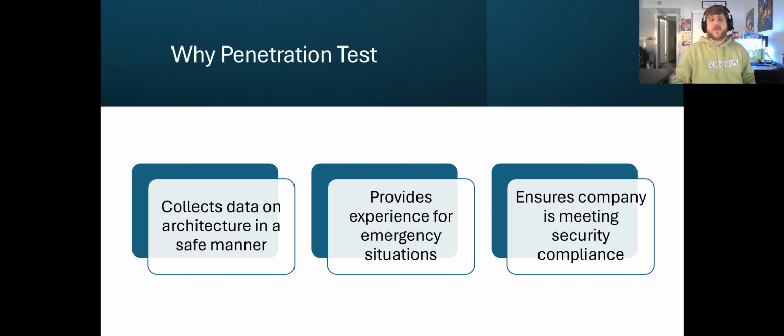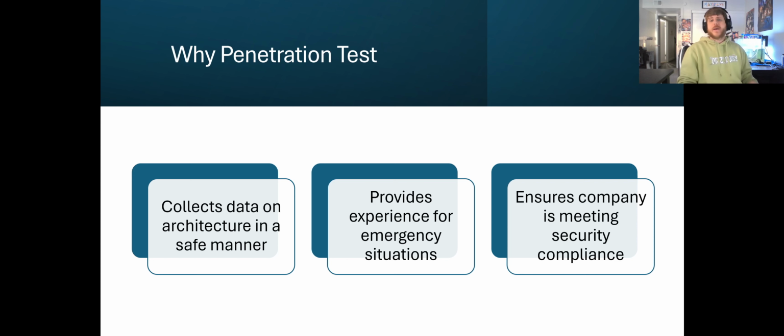Which brings us to our next point: it also provides us experience for those emergency situations. Someone that's never been involved in any of these attacks or hasn't been around while an attack has taken place might not have the skill set or knowledge on how to move forward or what to do. So this essentially provides that experience for the company and the people that are working there on what to do